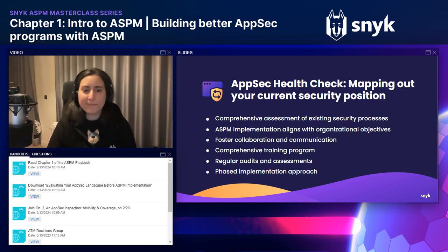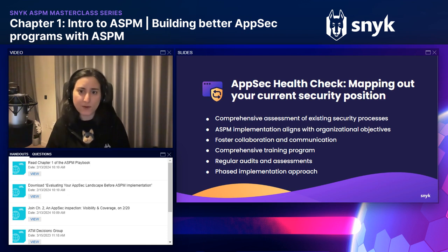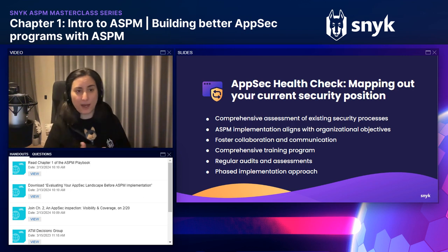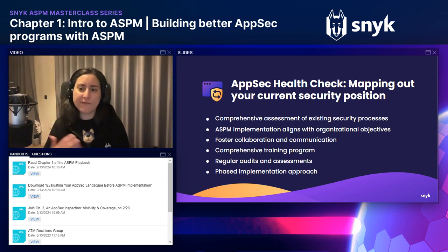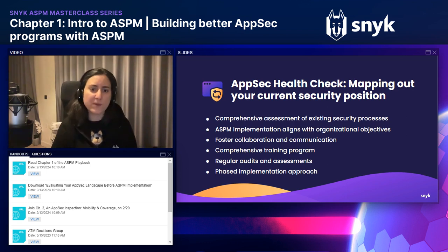Then the usual when we are implementing security tools is always to implement regular audits and assessments to identify and rectify if there's any gaps in the ASPM implementation. That could happen when you're doing the implementation. So having continuous monitoring to ensure that ASPM remains effective in addressing evolving threats. You can establish a schedule for regular audits and assessment of the ASPM tools and processes. And by conducting those periodic reviews, just to identify if there's any areas for improvement and also addressing emerging security